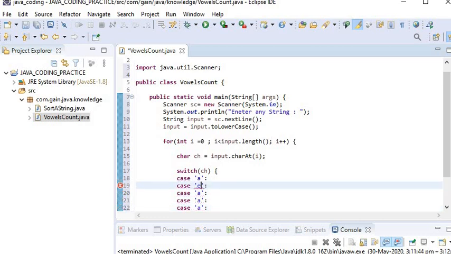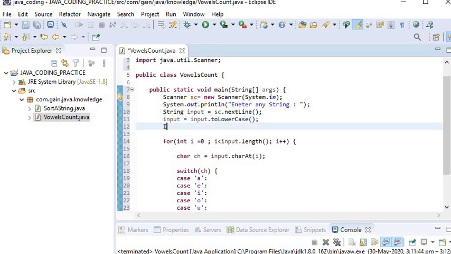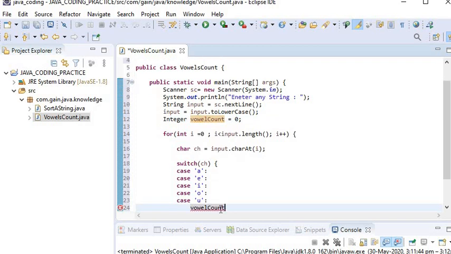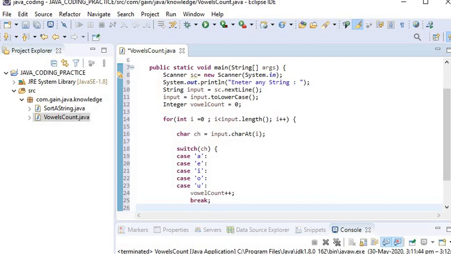First for A, second for E, I, O and U. If these 5 vowels come, then we will store an integer vowel count. First we will declare it as 0, its initial value, and if the condition matches, then it will increment and break. And here I will write its default condition.